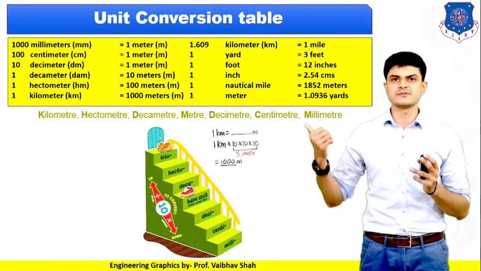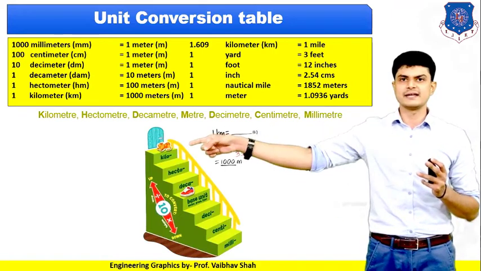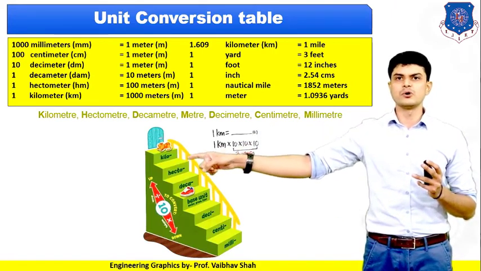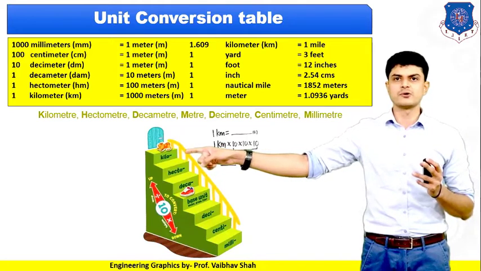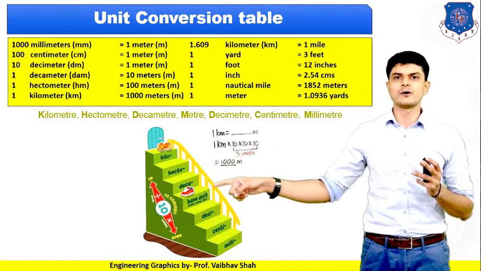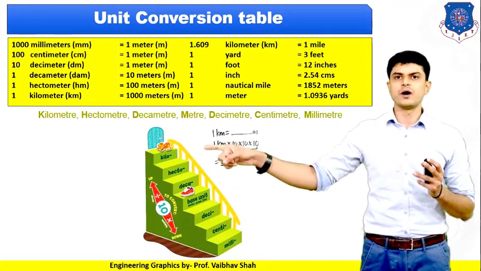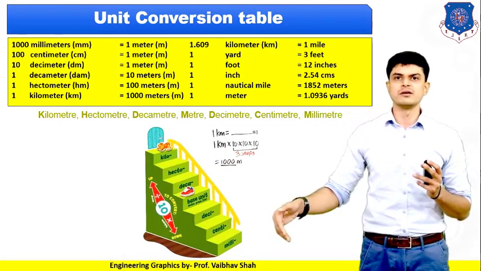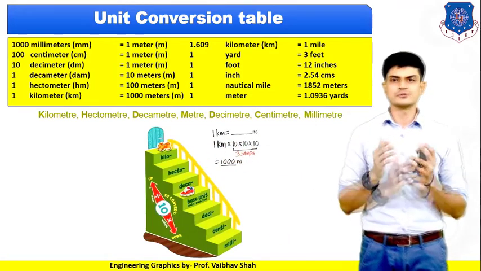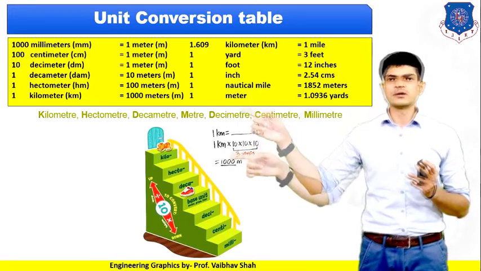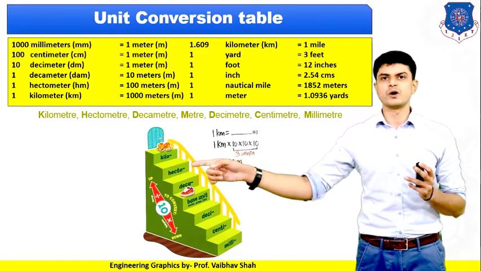As you can see, there is one cat here. So the cat is on the kilo step. That means we have to go from the cat till your shoe, which is 1, 2 and 3 steps below this cat. So now the cat needs to come down by 3 steps, 1, 2 and 3.